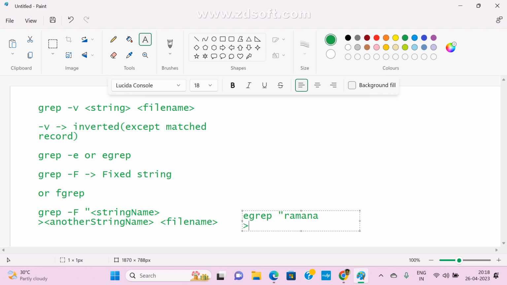It is coming, and like we are passing Gopi. This is also a string, space file name, students dot txt. Both are same only. We can pass like this, or directly like this also. Clear, guys? Anyone any doubt here?